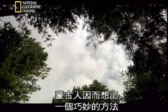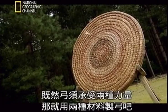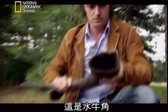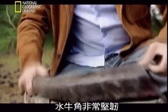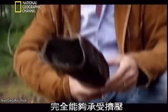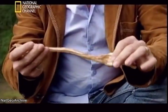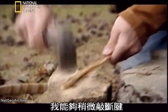So the Mongols came up with a brilliant idea. If there are two different forces, use two different materials. This is horn, it's buffalo horn, sort of thing they would have used. Pieces of this, which is, I mean, it's very tough. It doesn't mind being squashed. It can cope with that very well. And then on the outside of that is a layer of sinew, like this, which is happy being stretched. And in fact, I can break it down a bit and we can...